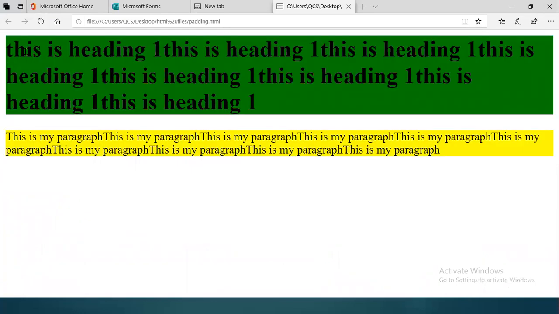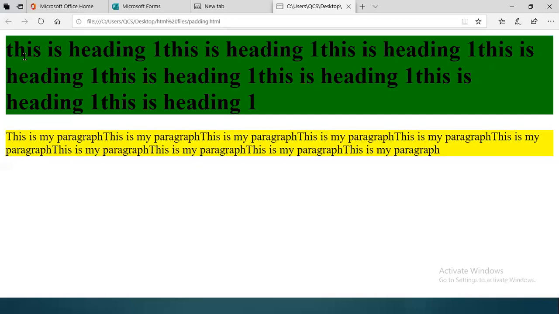Now you can see here, this is the background color for the heading. This is the background color for the padding. If you'll notice here, now there is no gap between the border and the content.